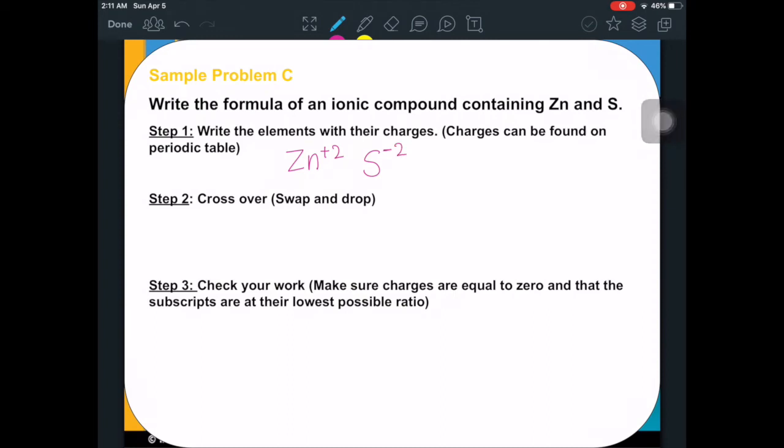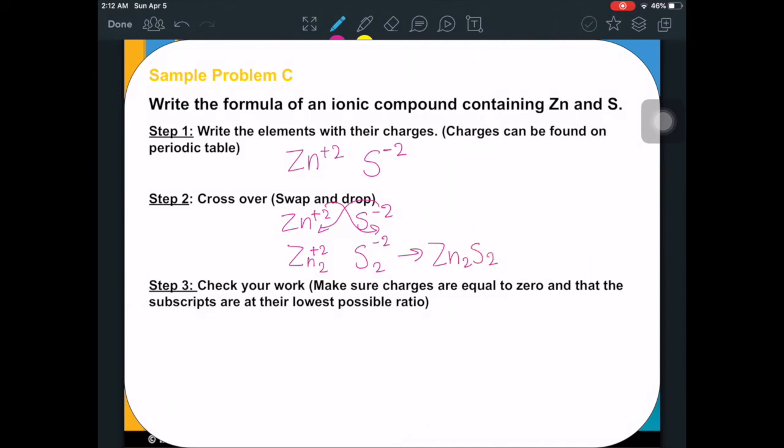It already looks perfectly balanced to me, right? Zinc +2, sulfur -2, swap and drop. So now I have a zinc with a +2 charge and 2 zincs, and a sulfur with a -2 charge, and I have 2 sulfurs. So it should look like this,